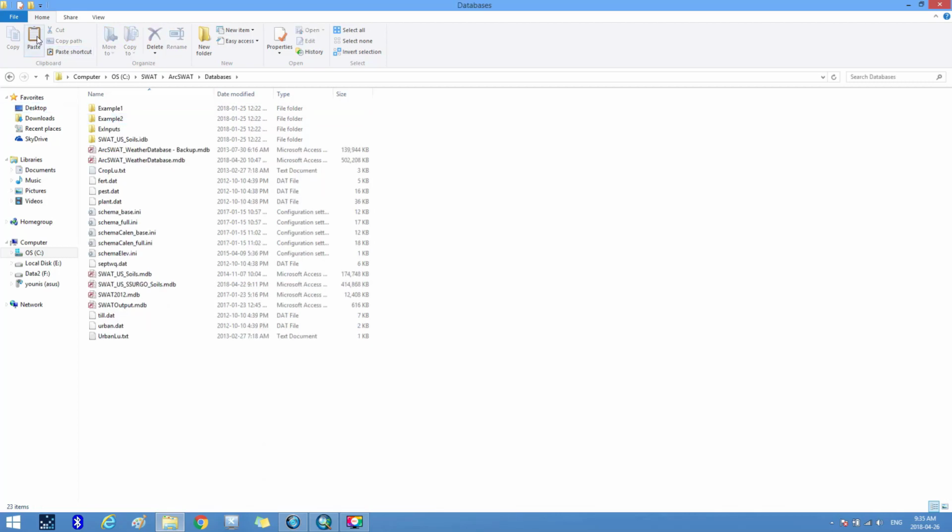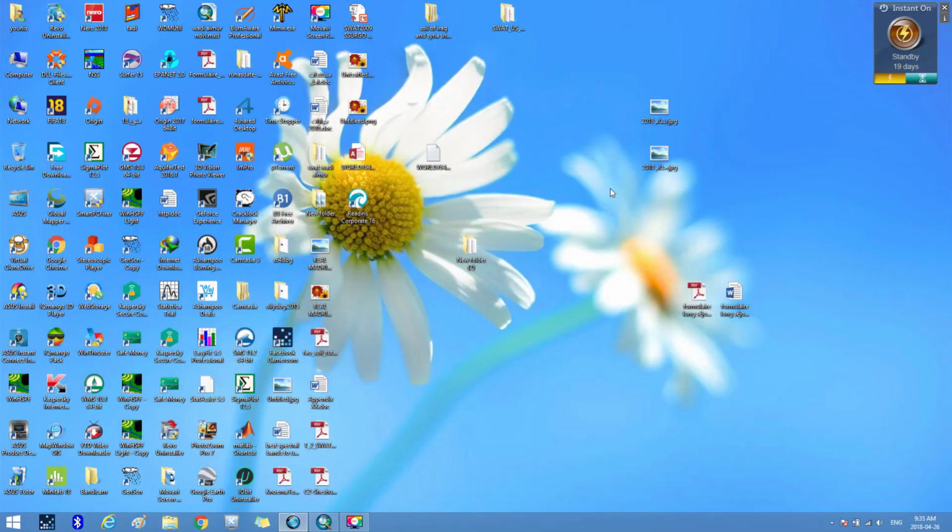Then we paste it inside the folder titled Database, and here this is an access file titled SWAT US SSURGO Soils with MDB extension, where we paste it to save the changes that we made to it